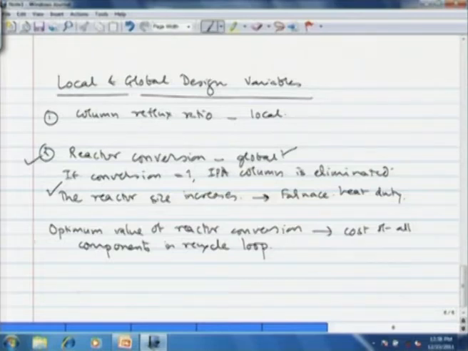And therefore, we have to make every effort to get the conversion close to the optimum value. Okay. So, this is the basic analysis or introduction of the cost diagram. Now, cost diagrams can be further utilized for determination of process alternatives, the evaluation of process alternatives, and then finding the best possible flow sheet.